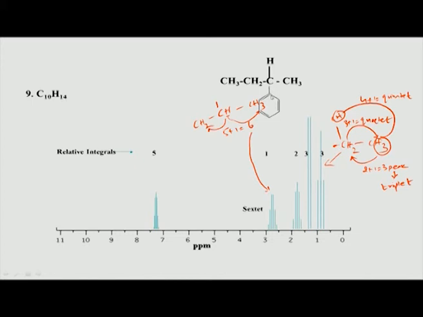Because it is attached to an aromatic ring, it also causes de-shielding, remember we saw that, and because of the de-shielding, that hydrogen is coming around 3 ppm. Regularly it should come between 1 to 2 or 2.5, but it is coming a little bit downfield shifted because of this aromatic ring. So, this is how this structure matches with the given spectrum.